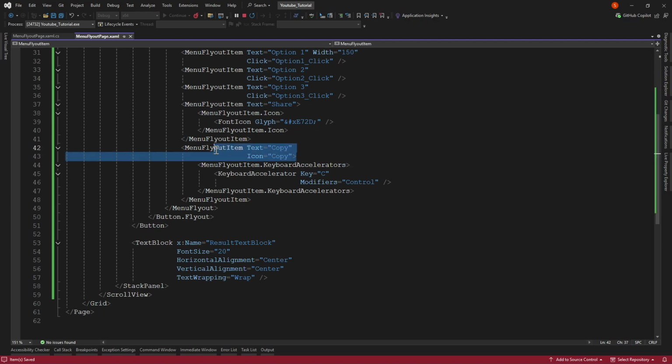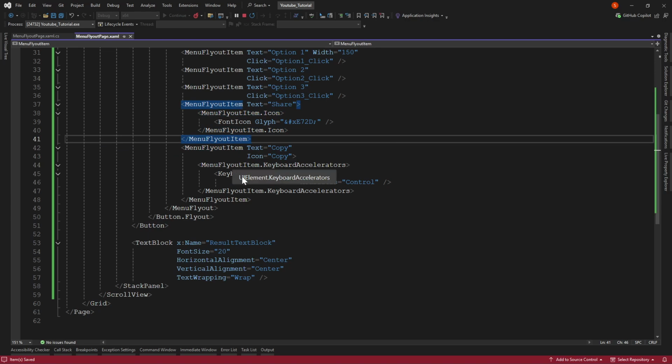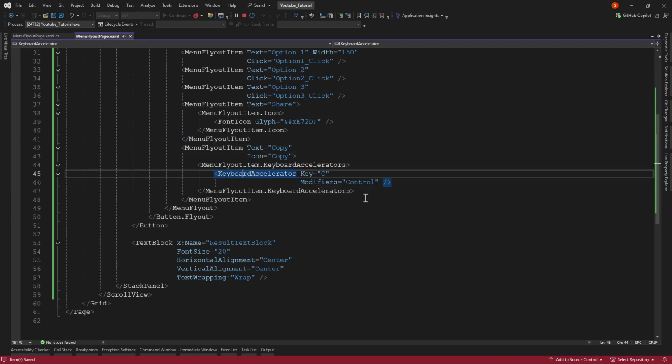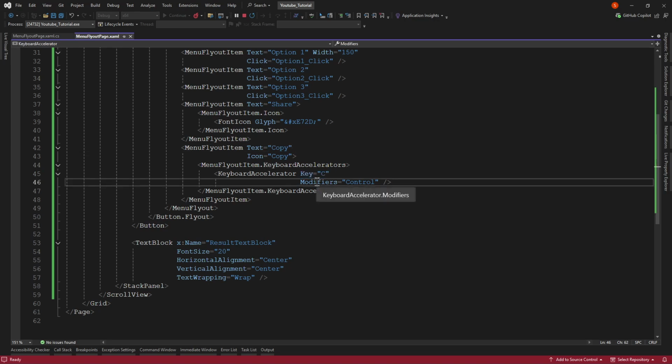To write this for the short moment or short code, I create menu flyout item keyboard accelerator as the container, and then the real value is keyboard accelerator key C, letter C, and the modifier that means control. That means you press Control C to copy. Okay?